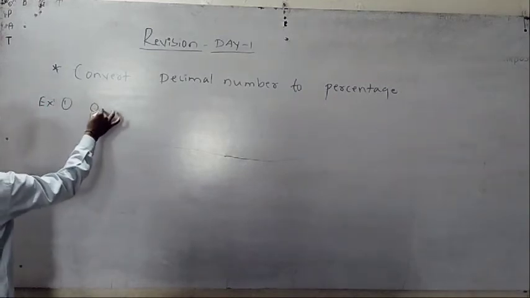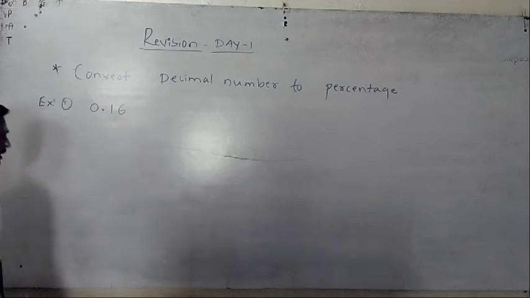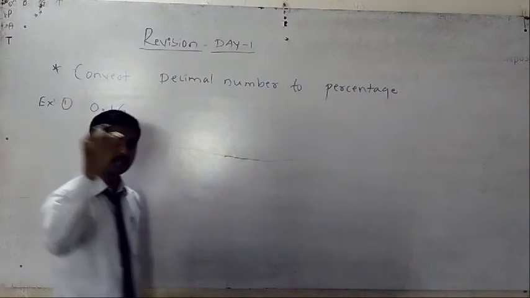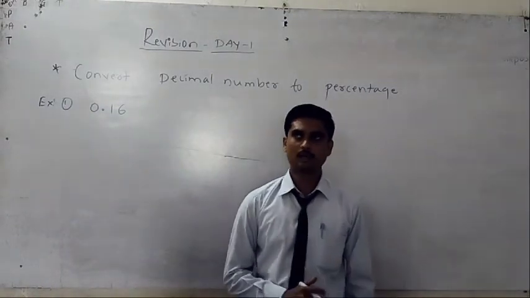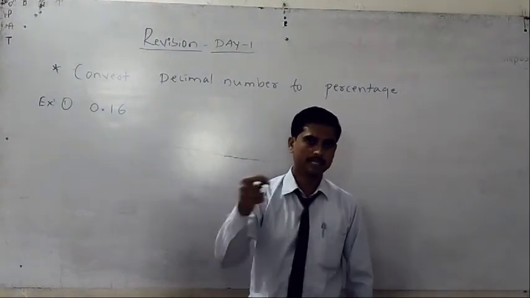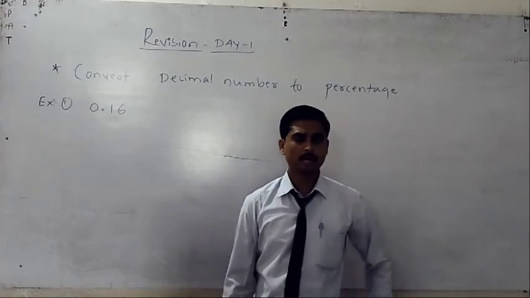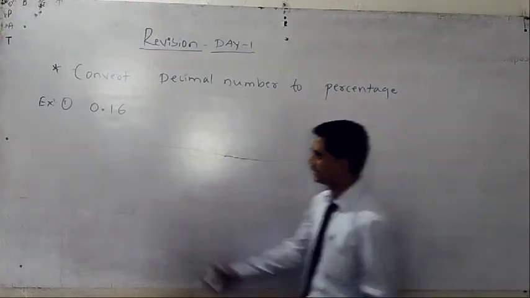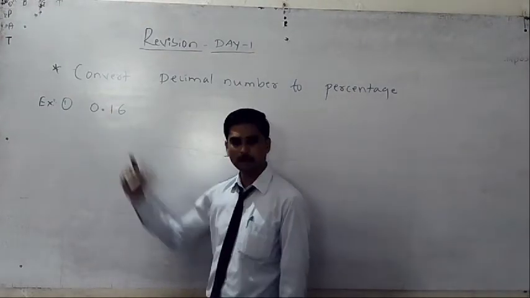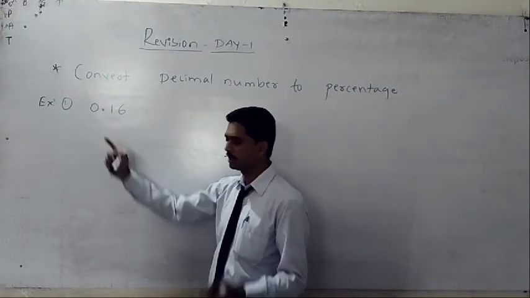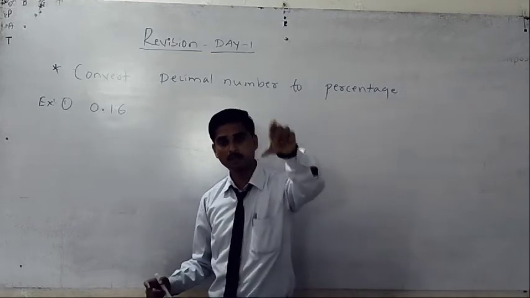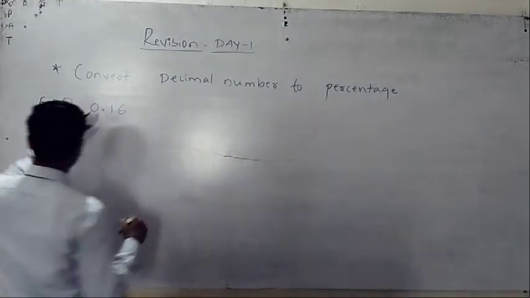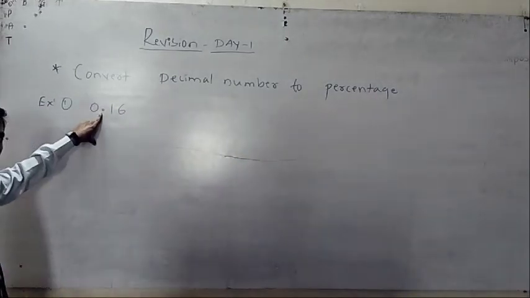It is 0.16. It is a decimal number. Then what is a decimal number? Sir, a number that has a decimal point in the middle of the given digits is called a decimal number. Yes, here one point is there in between the numbers. Those numbers we should call decimal numbers. Remember that. Okay, first what is the given problem here?